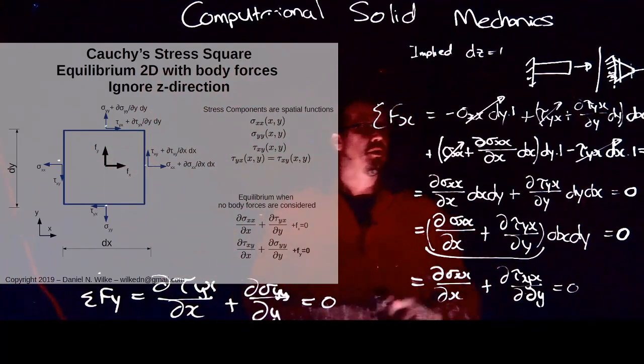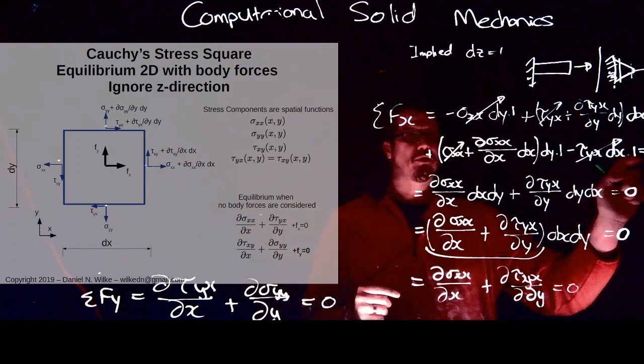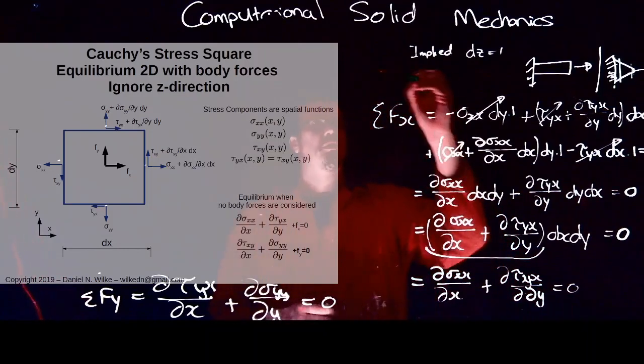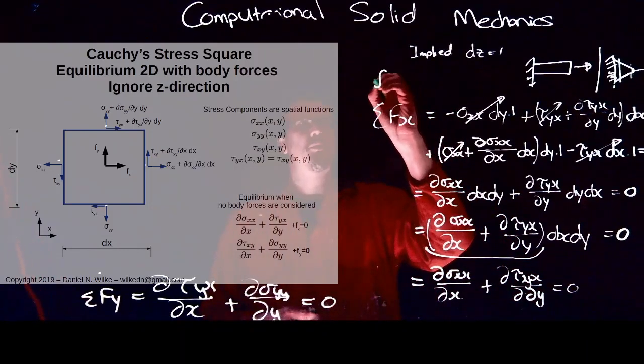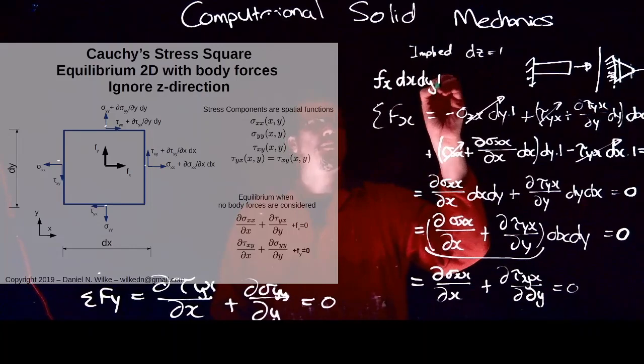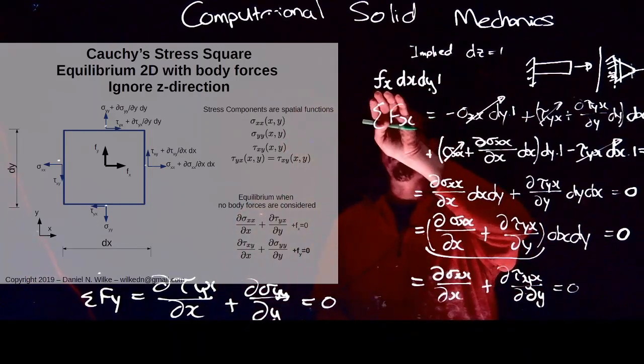What changes? Well, the equilibrium equations are exactly the same as before. The only difference is there's a term now missing there. And the term that needs to come in essentially is the following. The term we need to add in is the body force in the x direction multiplied now by dx, dy, and I'm going to call it the 1 for the z direction. So that's essentially a volume multiplied by this Newton per meter cubed, and now it's a Newton that